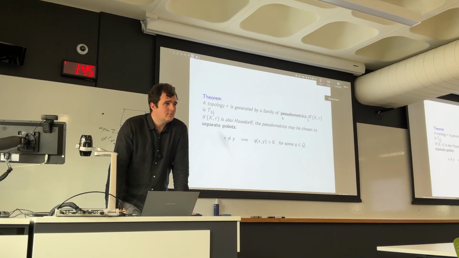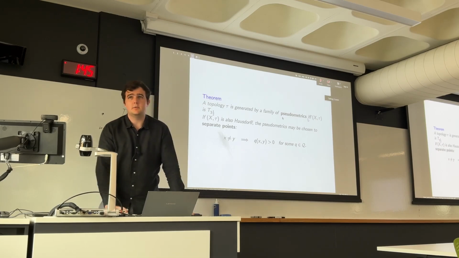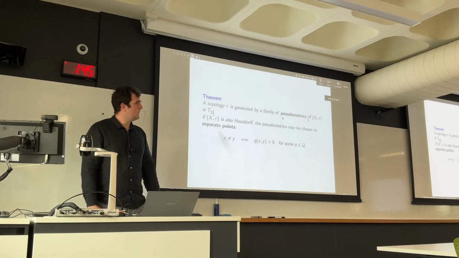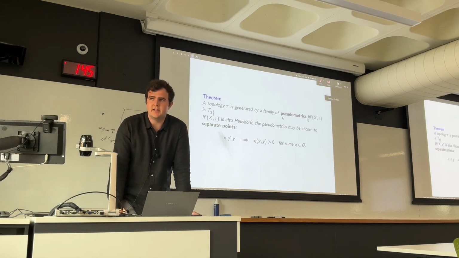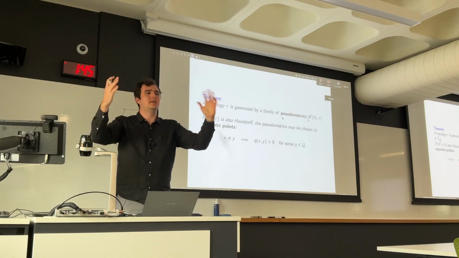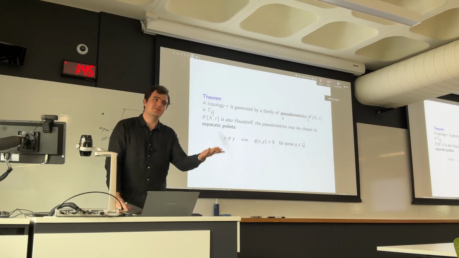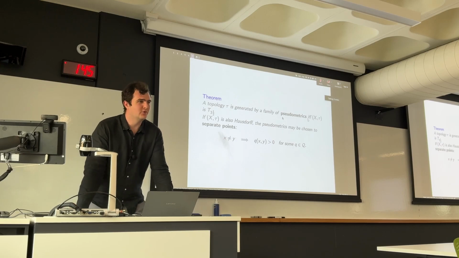If I gave you two pseudometrics, would there be any way for you to assign an invariant that tells you whether they generate the same topology, without running the whole machinery? Or to say when they don't, for example. The only way I know is the usual definition: there's a ball here, and then there's a ball inside of that in the other metric. That's the only notion I know, even from the metric case, and it will extend over to the pseudometric case. But I don't know anything more interesting besides that.